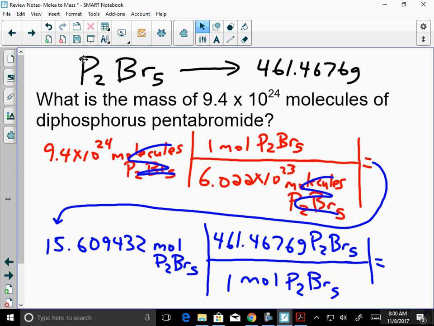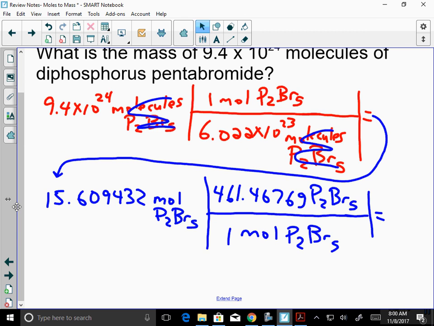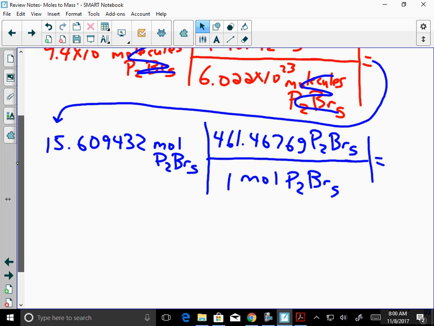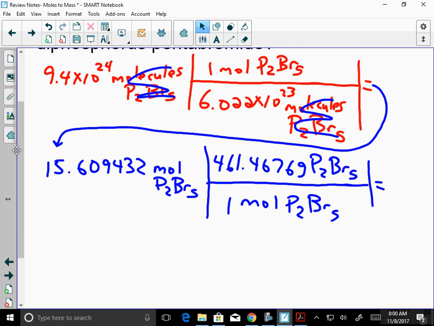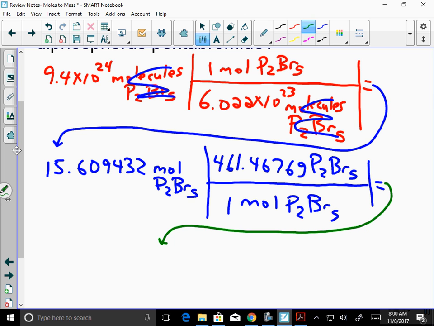So when I do so, I'm going to extend my page down slightly, maybe not that much. I'm going to bring my answer down here with my little arrow. So I take that value, that 15.60943, and I'm going to multiply that by my molar mass, which was 461.4676, and I'm going to come up with a value of,